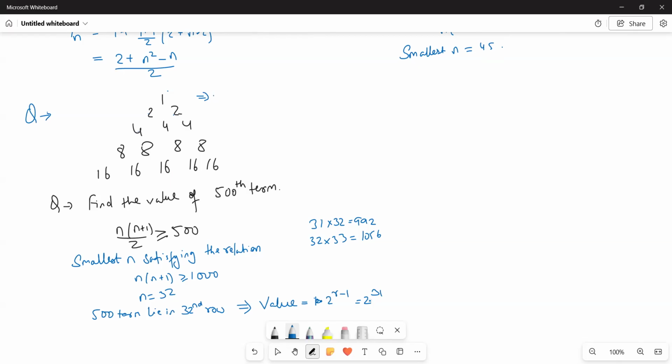Was everyone able to understand the logic of pyramid sequences? ये 31 इंटू 32 फिर 32 इंटू 33 करके आप कैसे चेक किए एक बार फिर बता देंगे। ये साइड में जब 31 इंटू 32 और ये 32 इंटू 33 करके जो एन का वैल्यू निकाल रहे हैं, वो कैसे निकालने का फिर से बता देंगे। ये तो हिट एंड ट्रायल है ना, 1000 चाहिए, 1000 के आसपास का। देख, n इंटू n प्लस 1 इज अ प्रोडक्ट ऑफ टू कंसेक्यूटिव इंटीजर्स, तो 1000 के आसपास का चाहिए, तो हिट एंड ट्रायल ही हो गया। 31 इंटू 32, 32 इंटू 33, हिट एंड ट्रायल कर रहे हैं यार ये तो। ऑब्जर्वेशन, मतलब यू आर डूइंग इट विद ऑब्जर्वेशन।